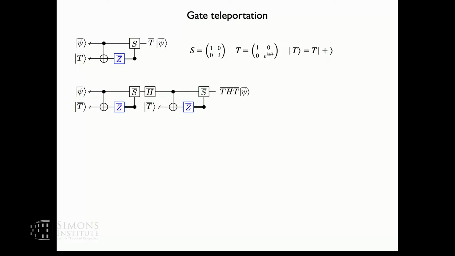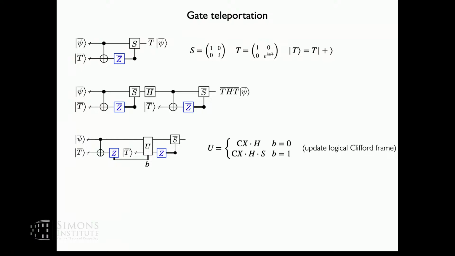However, this is true if you are implementing a single logical T, but things are different if you want to have multiple non-Clifford operations. For example, I want to implement this THT. So what I do here is very simple. I copy-paste these two gadgets, and I apply a logical H on the data block. An equivalent way of seeing this is that we merge this S, H, and CNOT together, so we will have a logical Clifford frame exactly as what we want.